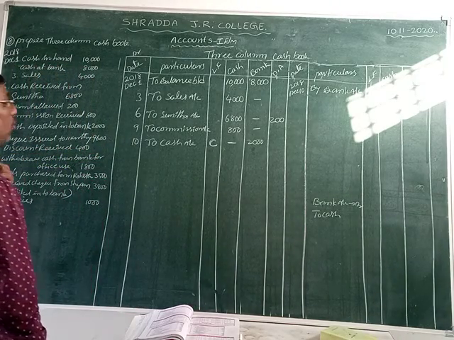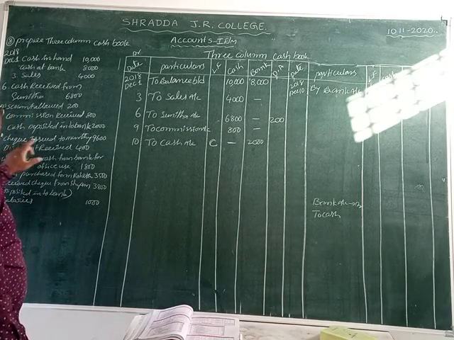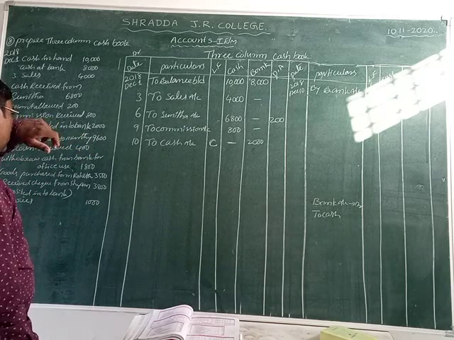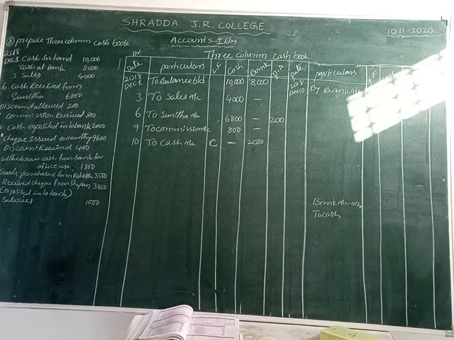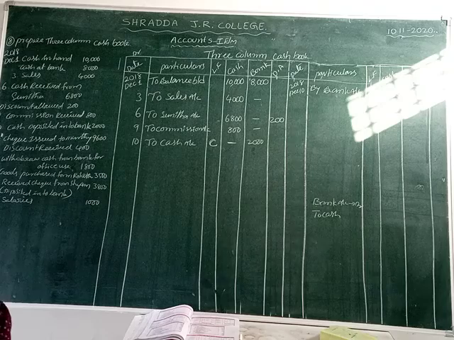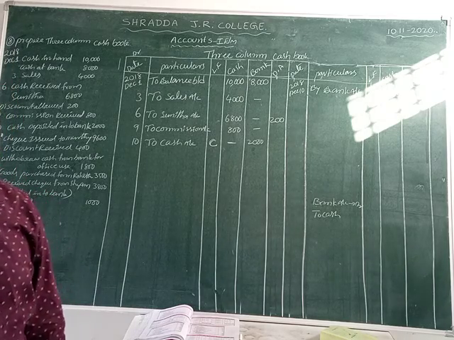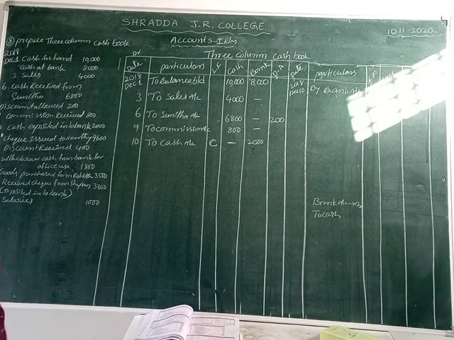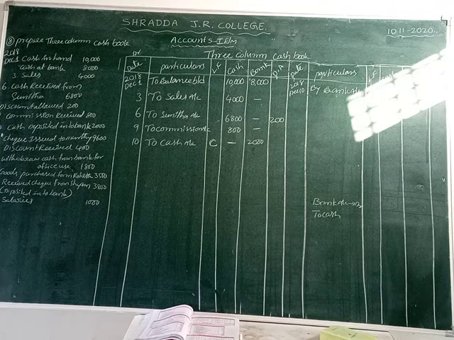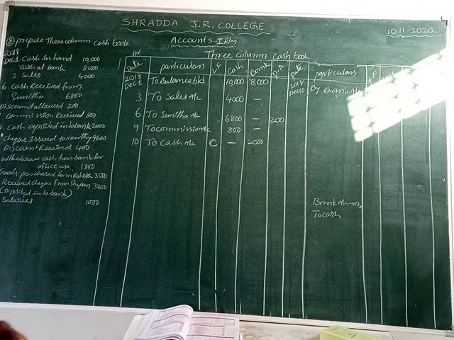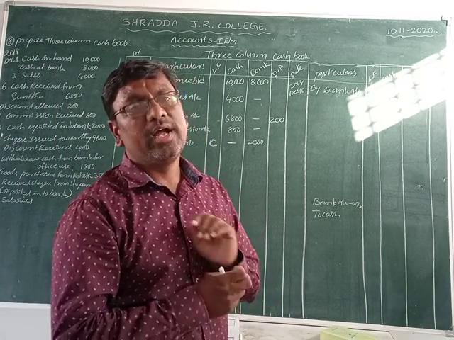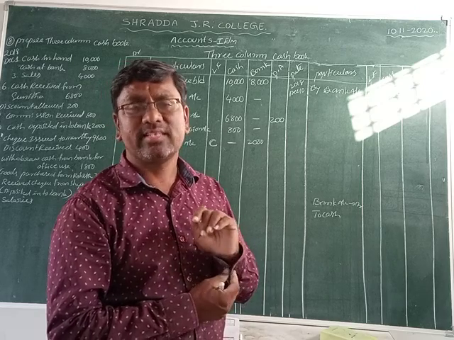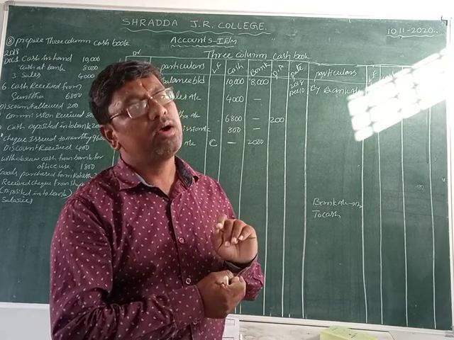Now we are going to the 14th date. Check issued to Murthy 9600. Discount received 400 rupees. Check issue. Issue means goes out of the business. That's why this time the check goes out. Then we record it on which side, friends? Credit side. Why? Because whatever comes in is debit and whatever goes out is credit. So the check goes out. This time bank is the giver, then we record it on the credit side.